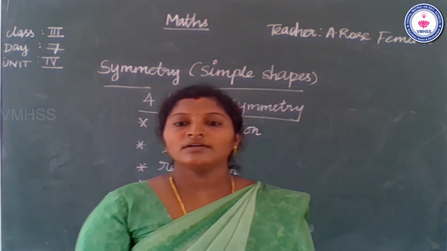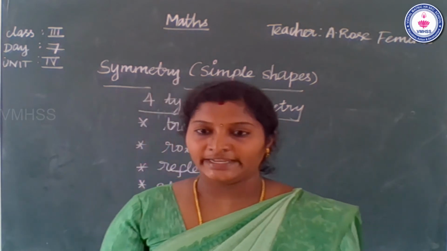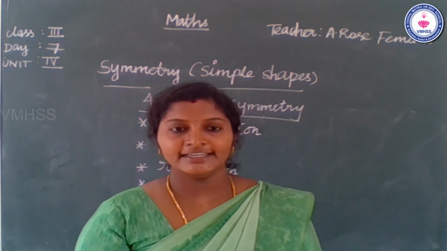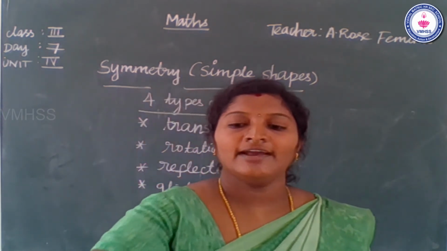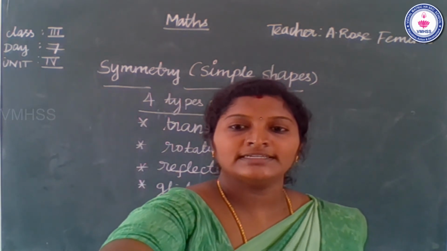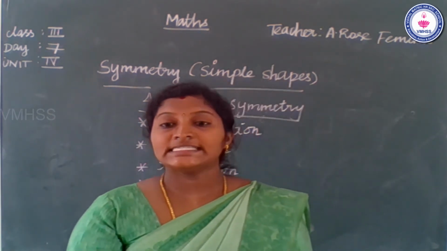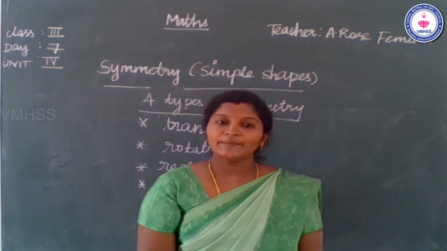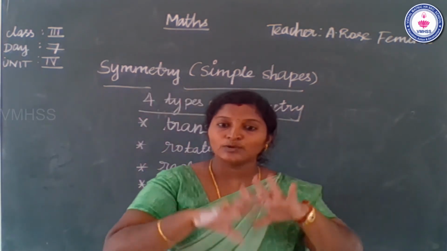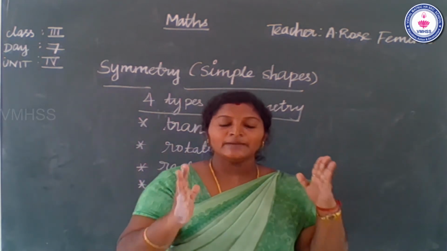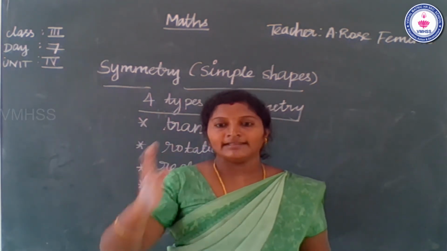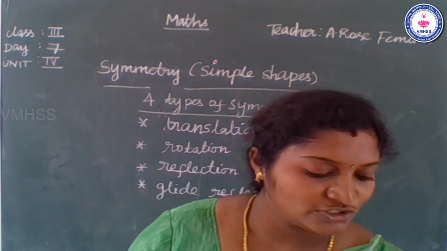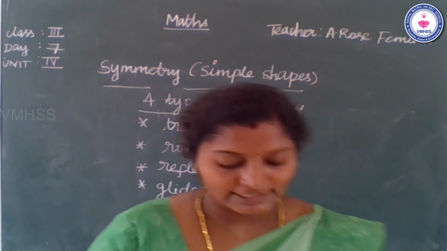Okay, so to obtain the symmetrical halves is called the line of symmetry. See the next one. So, what is symmetry in simple words? Mathematically, symmetric means that one shape becomes exactly the other shape.